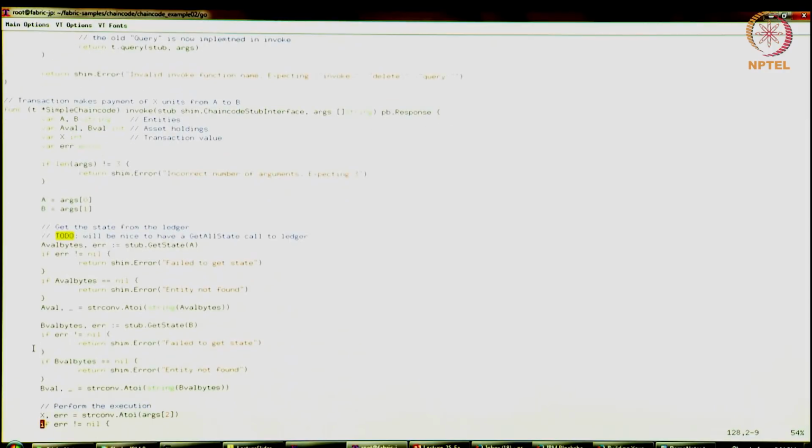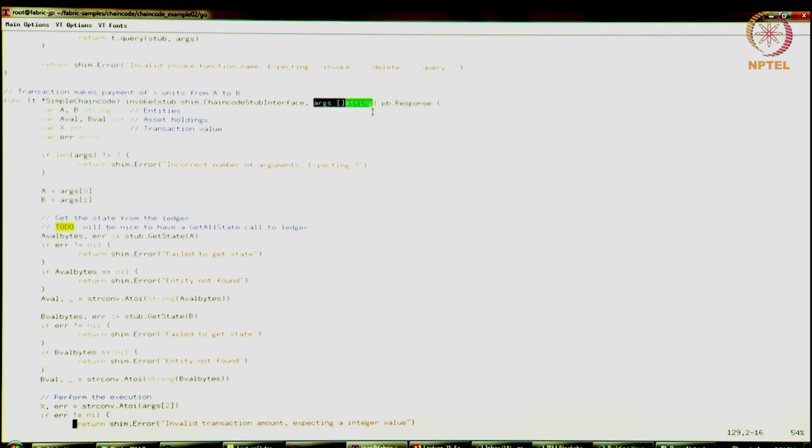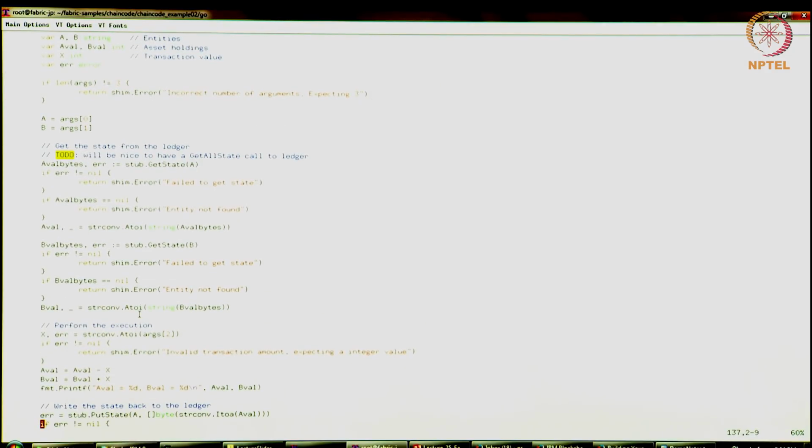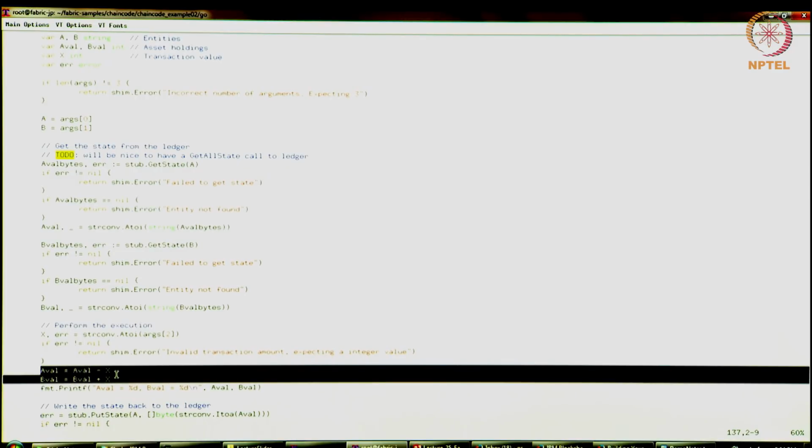Here we are going to take those parameters and convert them from string to integer. Fabric always takes all arguments as strings and you'll have to then morph them into any data type of your choice. So here is the logic where A's balance is decremented by X, B's balance is incremented by X. But first, before doing that, you'll have to read the current state of the balance of these accounts.